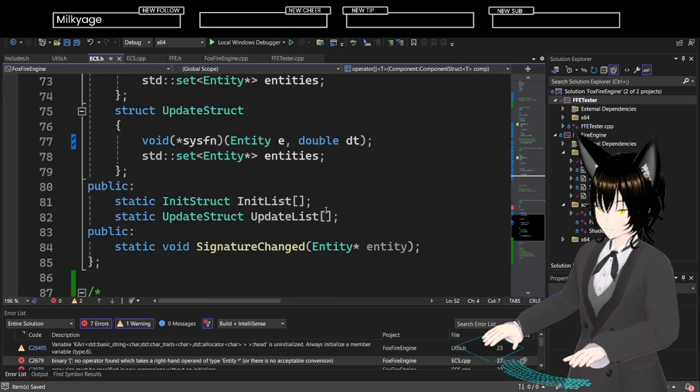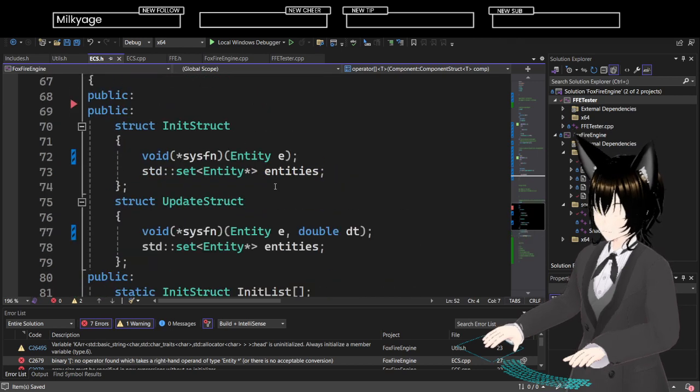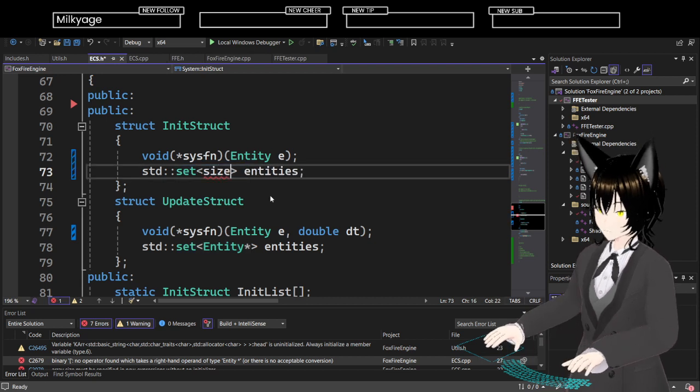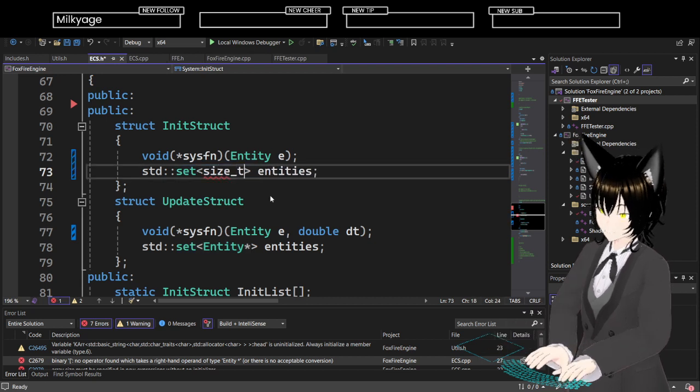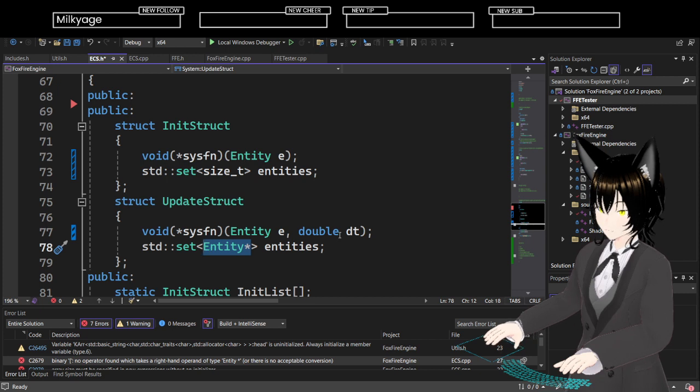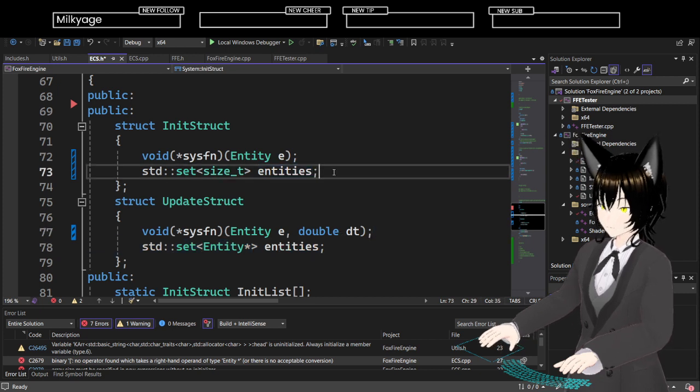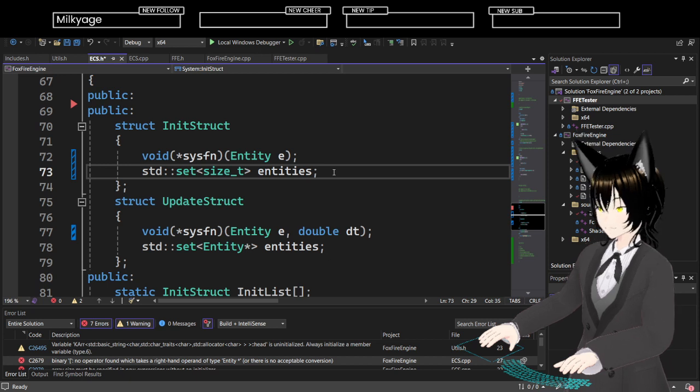Sensitive down there. Bunch of other things. This could be size T. Entity, but these I don't necessarily want, right?